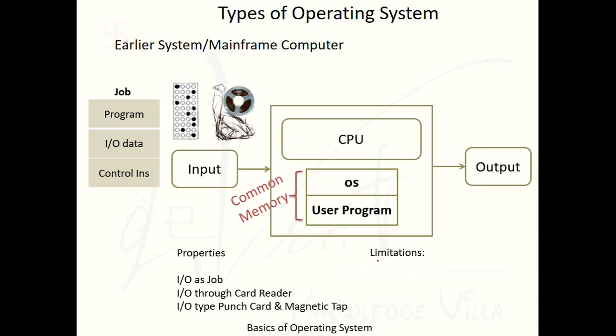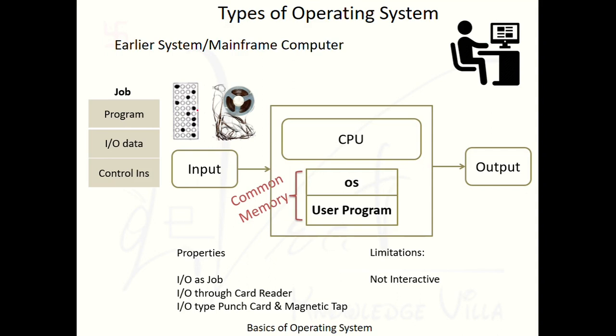So there are various limitations of the earlier system. First one is this system is not interactive. Look at the top right corner. Nowadays, you are easily able to interact with the system. You can put a command to play a song, you can put a command to download the song, you can run your program, you can compile your program by just one click on keyboard or mouse. Get it? But this type of functionality was not possible during those days.